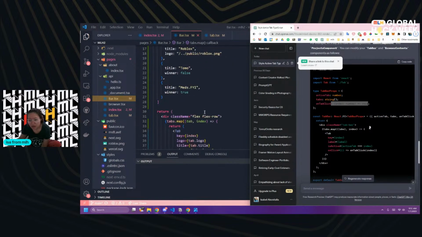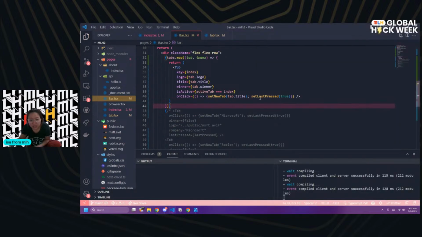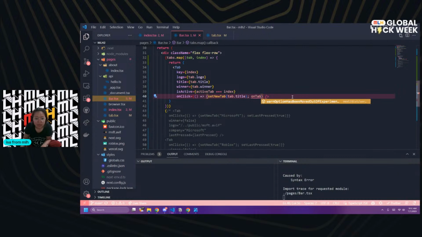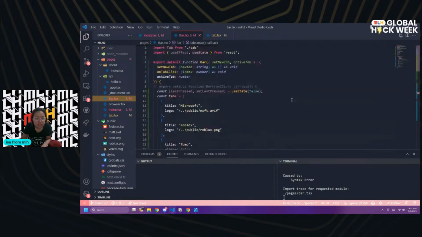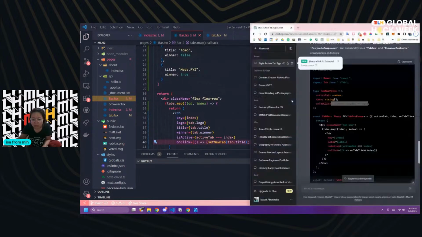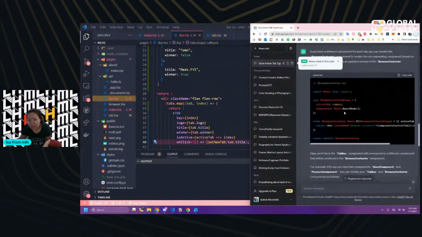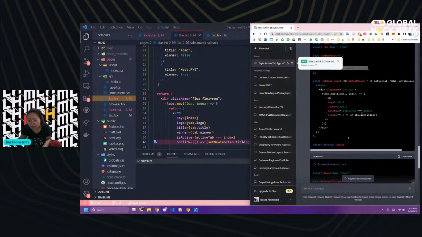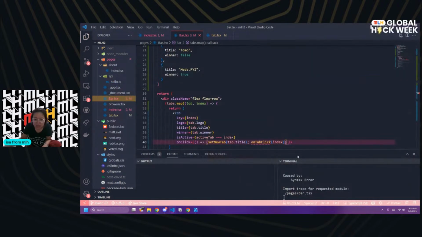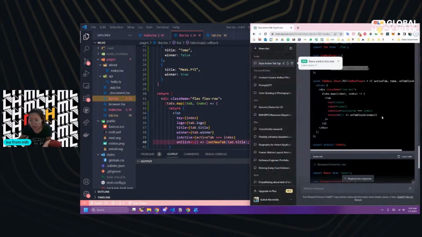We've got on click, and then instead we've got here, it's going to be on tab... what? What did I say? On tab click. Where'd on tab click come from? And they say index, which is what this index is, but on tab click,